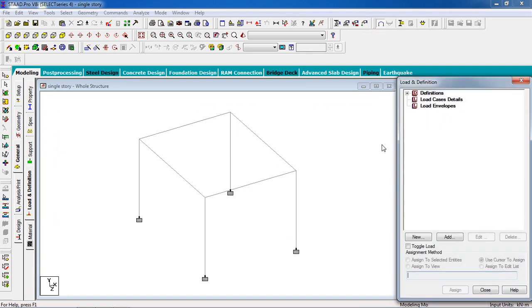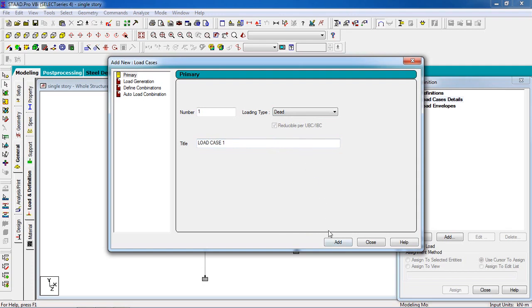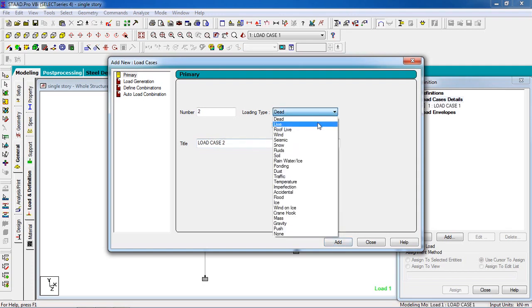For that, go to load page, select load case detail, select add dead load and live load.